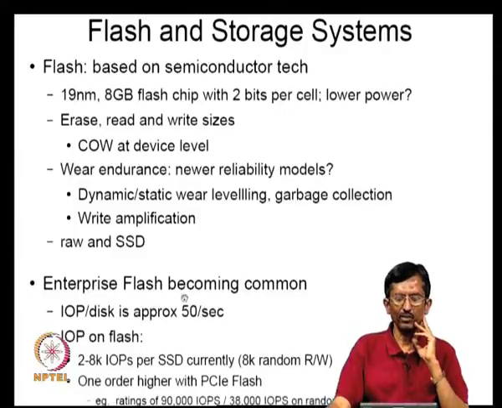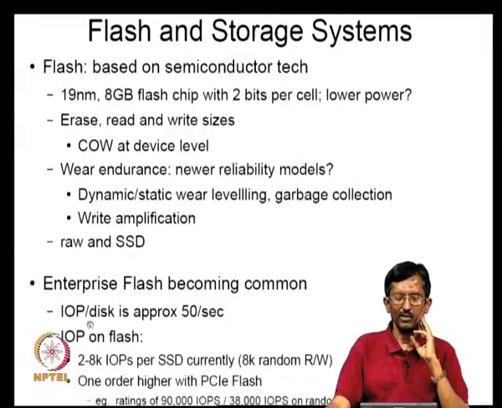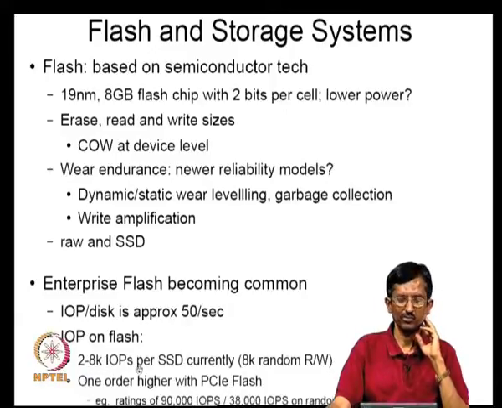Now, enterprise flash also is becoming quite common. Basically, what is enterprise flash? It is similar to this flash, but used in high performance or critical information technology systems. Okay. So, just as a point of comparison, the number of I/O operations you can do per disk is approximately at most 50 per second. Okay. Whereas with flash, we can get about 2000 to 8000, okay, per SSD, and this is on 8K random